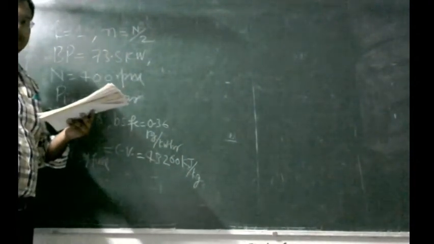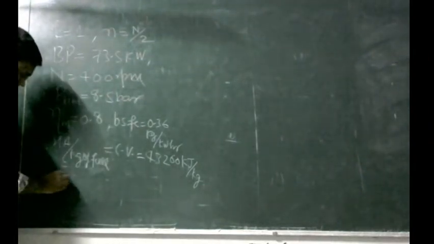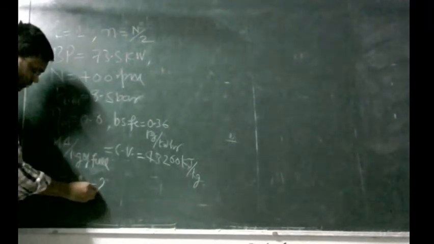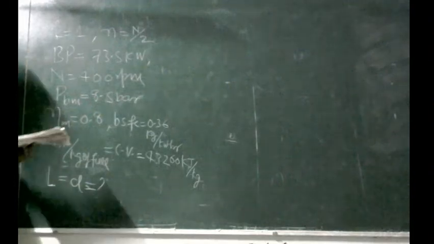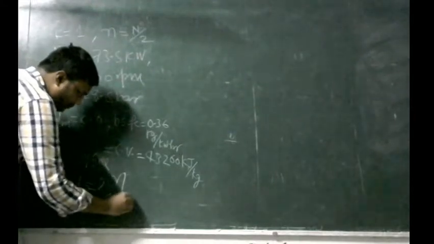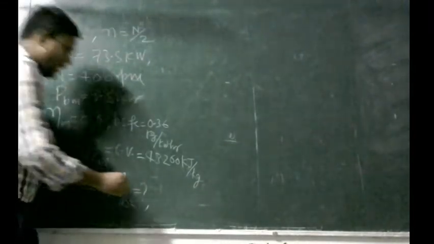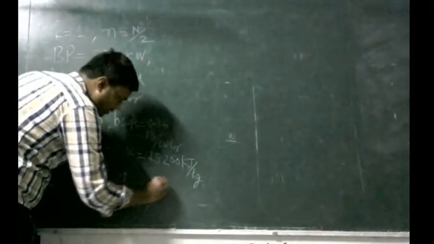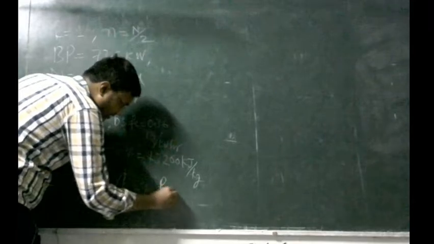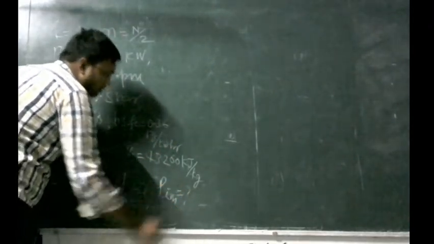What is the question asking? In the question, stroke length and diameter of the cylinder are asked, and both values are equal. It is given that L equal to D, and we have to find both values. We also have to find brake thermal efficiency, BT, and we have to calculate the indicated mean effective pressure, IMEP. This we have to write.